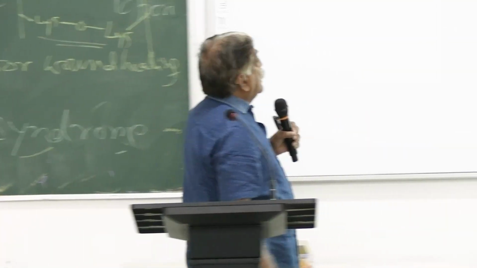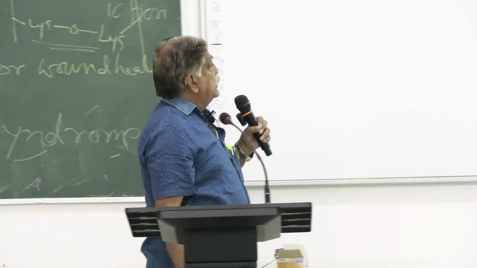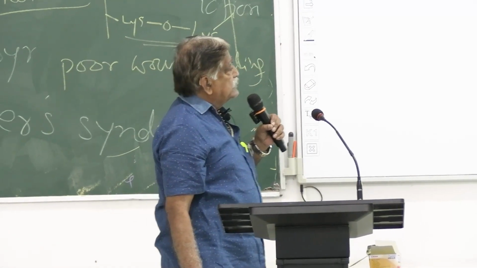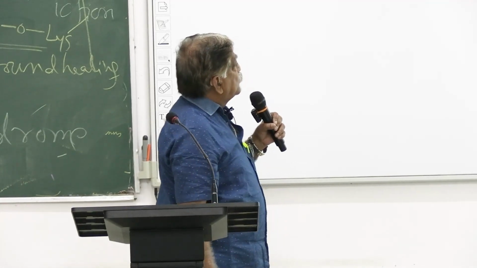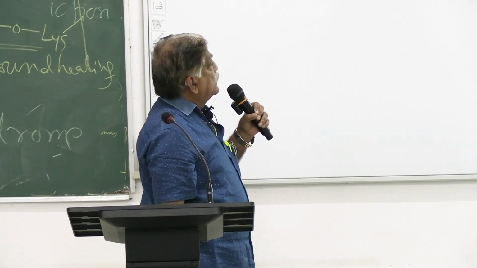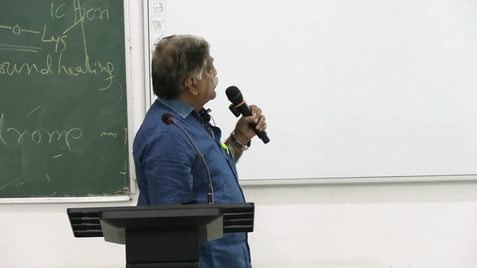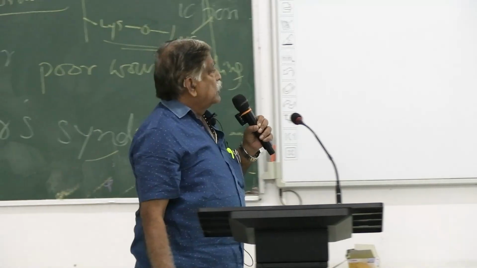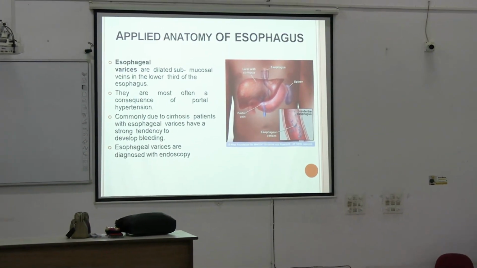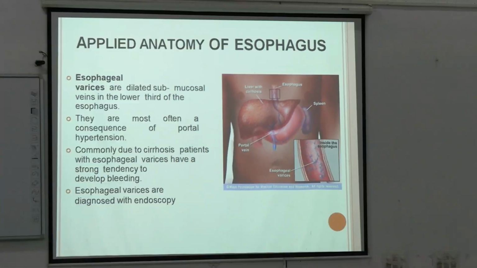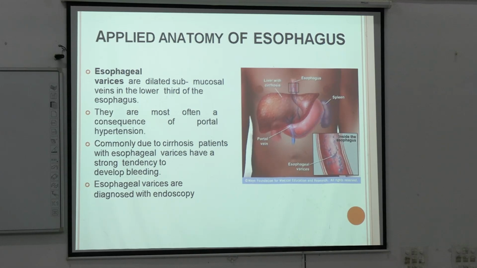Next. Now, content: introduction, applied anatomy and applied physiology, esophagus, stomach, small intestine, large intestine. Next. Now you see applied anatomy of the esophagus. Esophageal varices are dilated submucosal veins in the lower third of the esophagus. They are most often a consequence of portal hypertension, commonly due to cirrhosis. Patients with esophageal varices have a strong tendency to develop bleeding. Esophageal varices are diagnosed with endoscopy. Even the treatment is also with